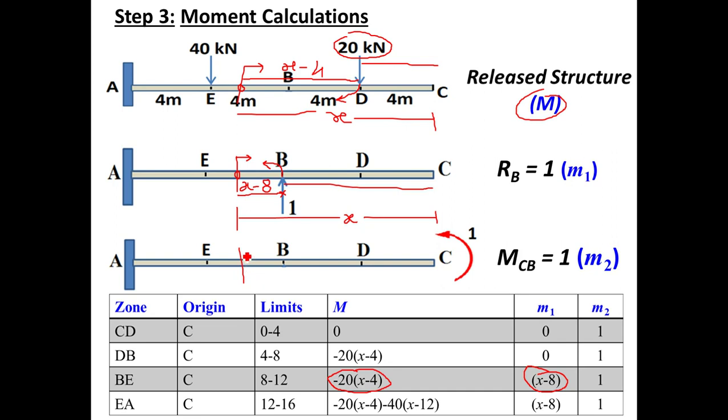In the third figure, again if you take a section in the third zone and observe the right portion, the same moment is there. So it is again positive 1. Now the last zone, that is the fourth zone.